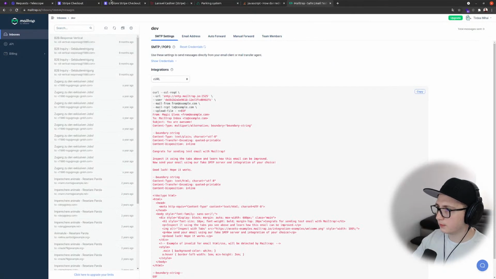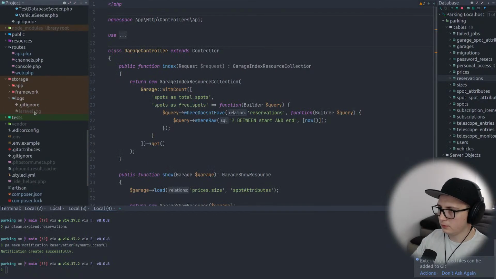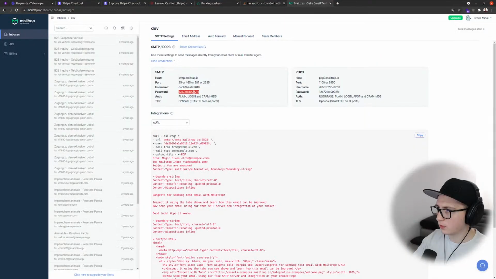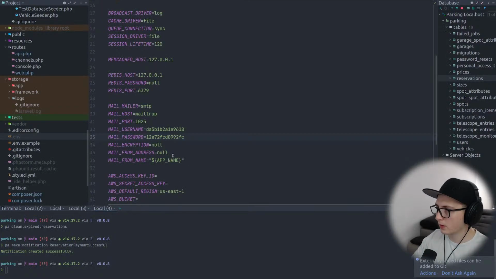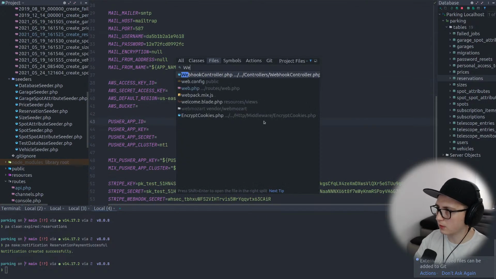Okay. Credentials. Env. What is this? SMTP. This will be Mailtrap. The username copied, password copied, port. Yeah, let's just put any of them. Doesn't matter. Port. Okay, cool. So when the payment has been successful, I think that's a good place to check in the